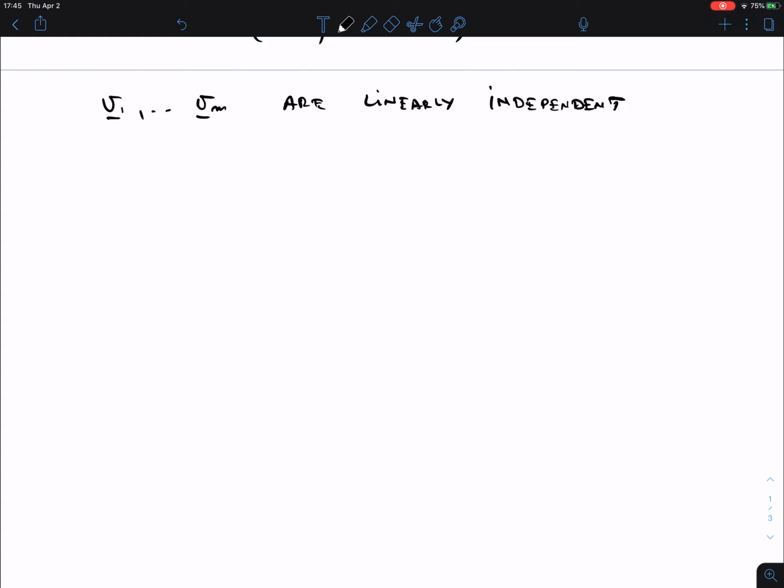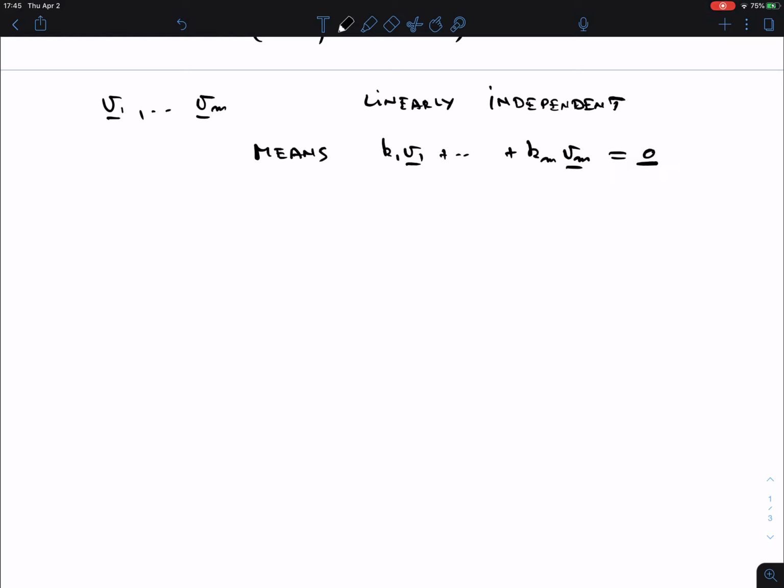But now I'm going to tell you what it actually means. It means that if you have a linear combination k1 V1 plus ... plus km Vm that actually gives the zero vector,